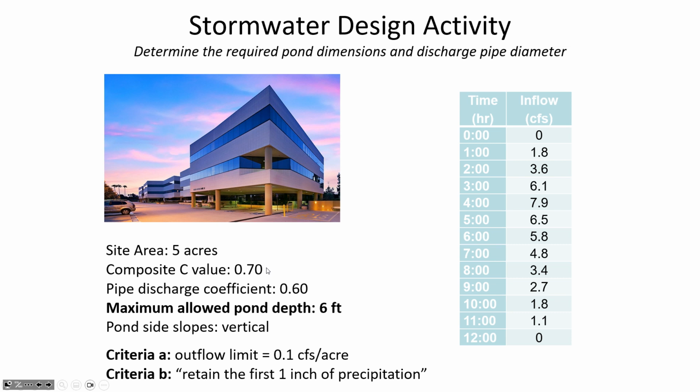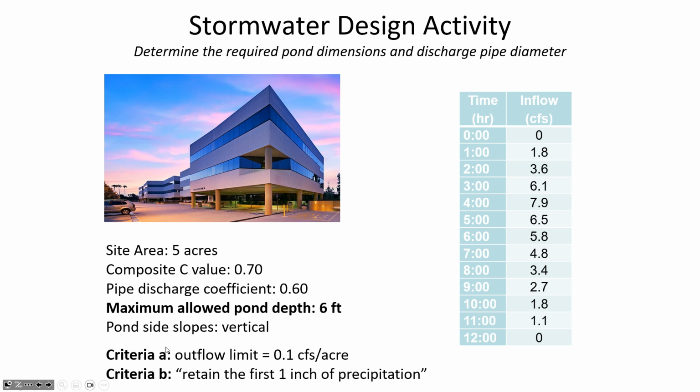So let's just say that for a variety of reasons, we don't want the pond depth to be more than 6 feet. I guess another reason could be that if you've got a berm or a dam around the edge to create that pond, then the taller the water gets, the higher the risk is of geotechnical failure of the soil, and then you could have flooding if the pond does fail. So we want to limit the depth to 6 feet, and then the outflow limit in some locations,